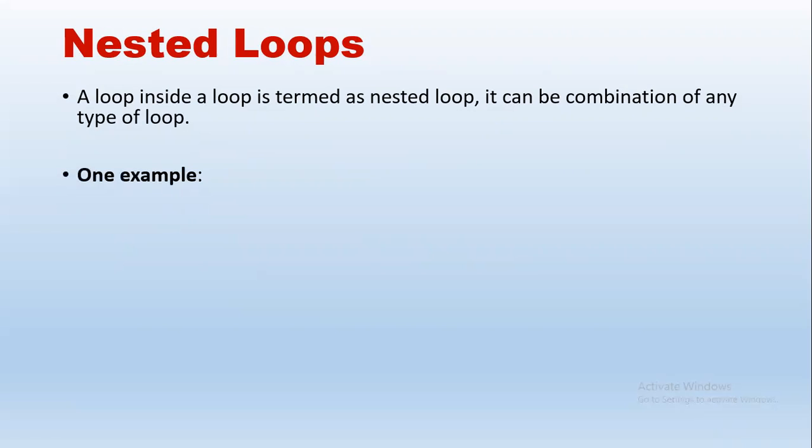In this, let us see an example. We know that for has the following syntax. So we have initialization, condition to be checked, and the updation statement. So here, if we say this will be one for loop, and inside that will be the statement which has to be executed multiple times. So this is just a single for loop.